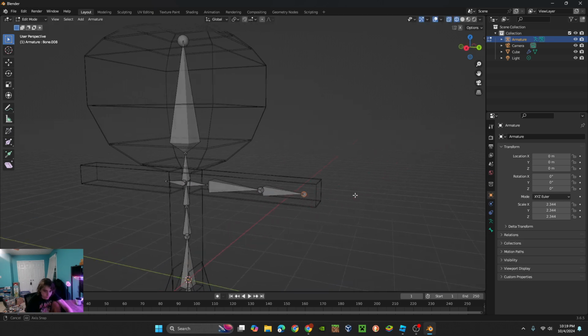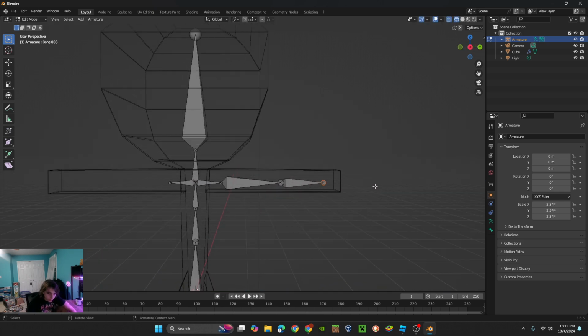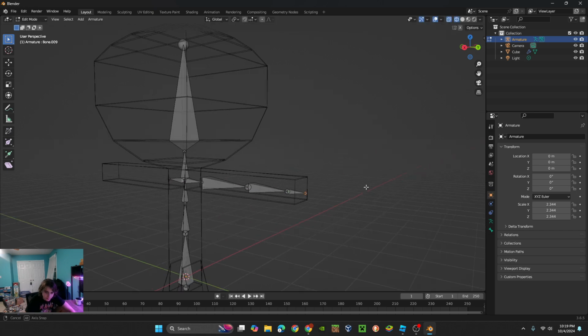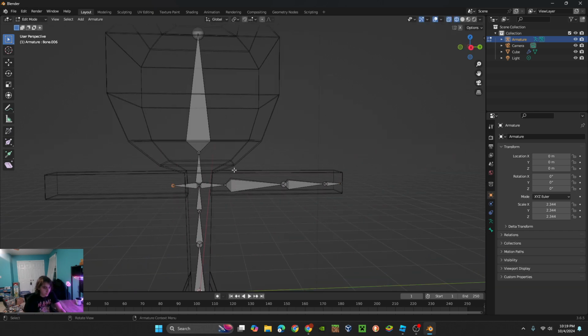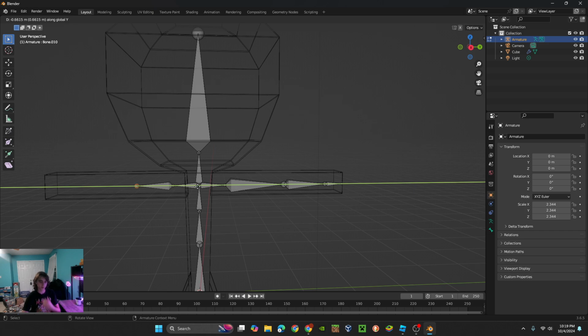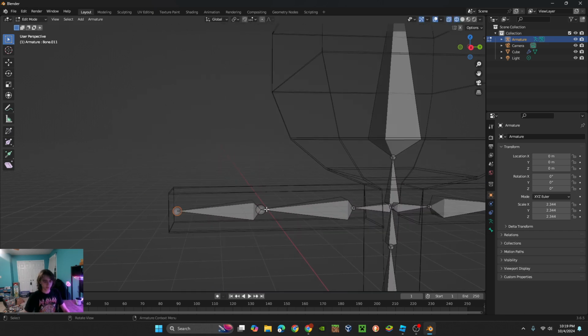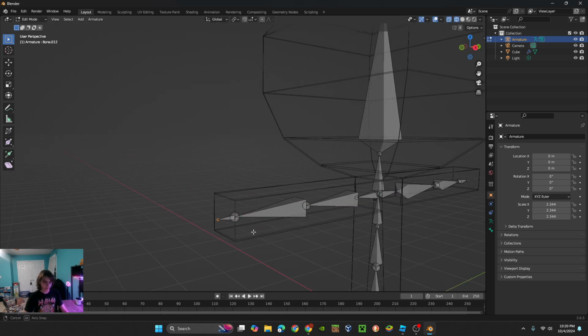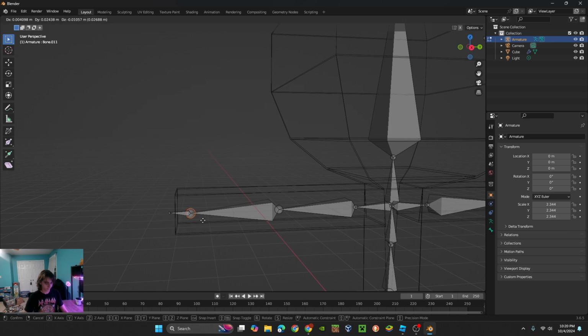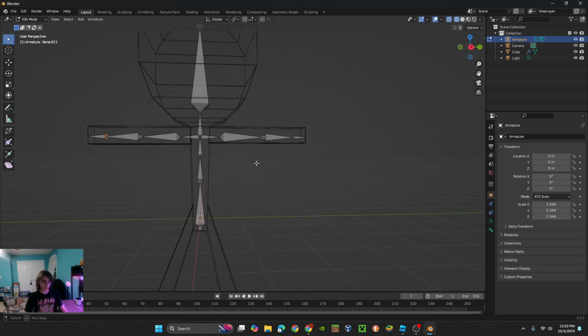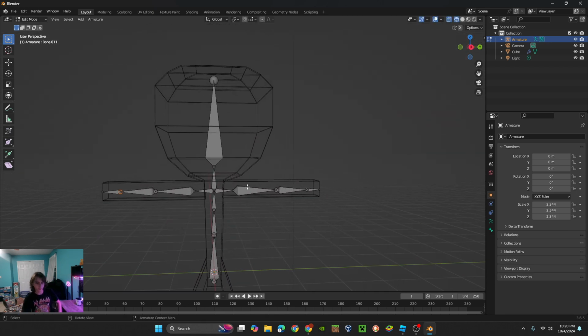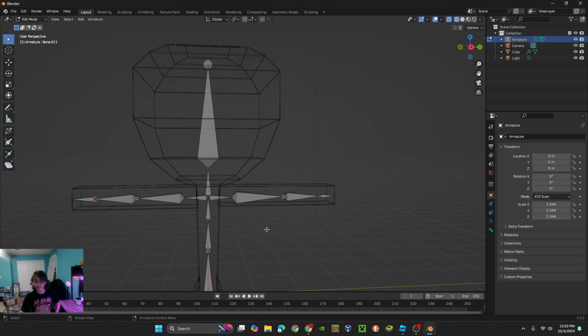The second part of the arm. The lower arm, I guess you could call it. And then the hand, basically. And now let's just do the other way, but on this arm. So I move this out, move it out some more. I'm gonna make it a little smaller, but yeah, I move it out some more. And then there's the hand. And yeah, so we got the arms, we got the head and spine,